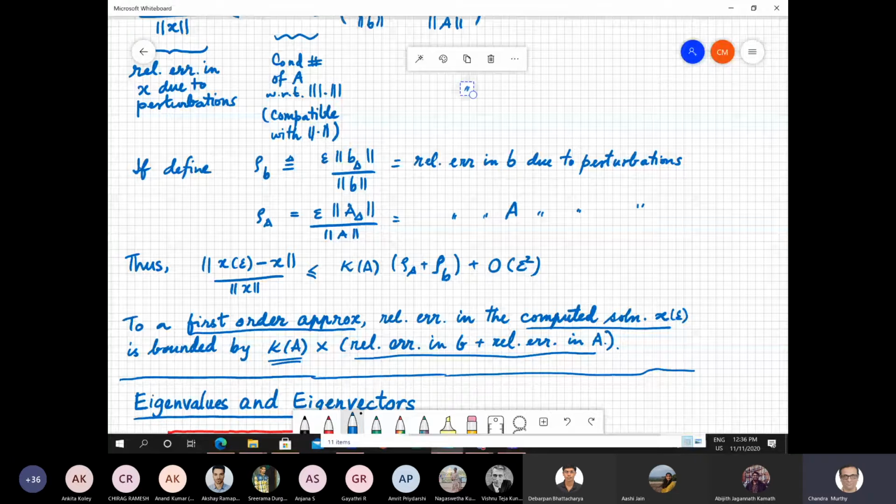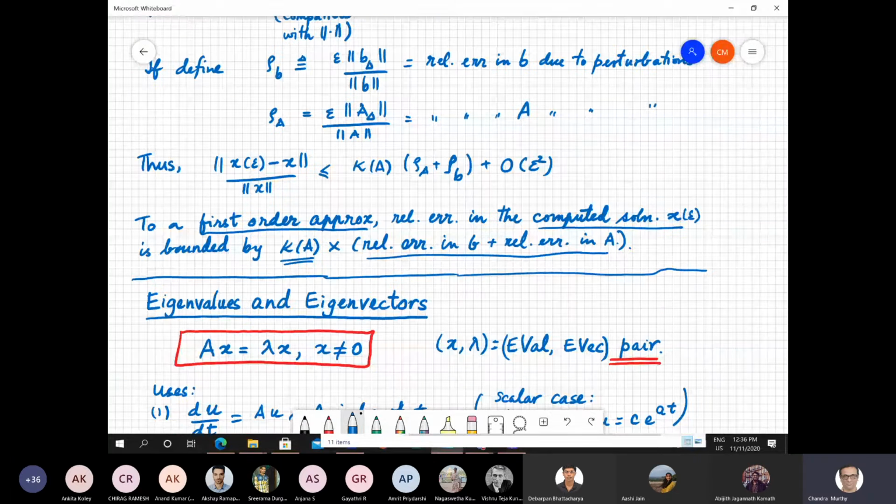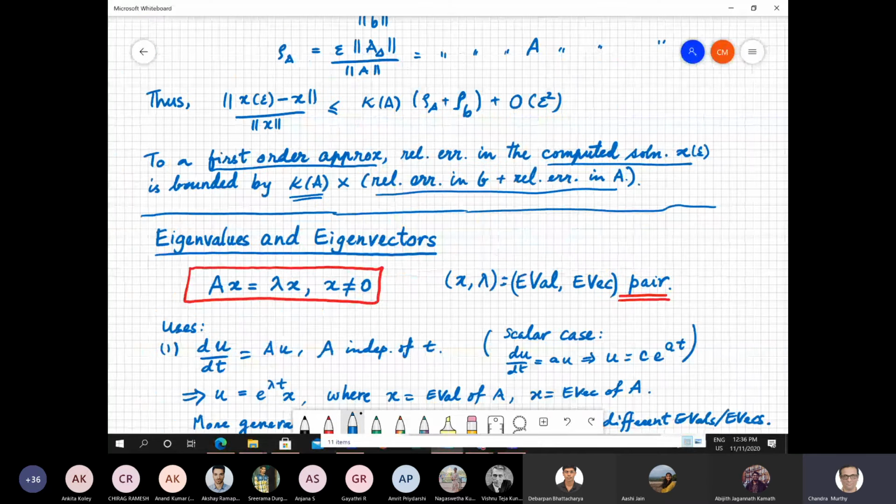Okay, so we'll continue. So now I come to chapter 1 of the Horn and Johnson textbook, which is